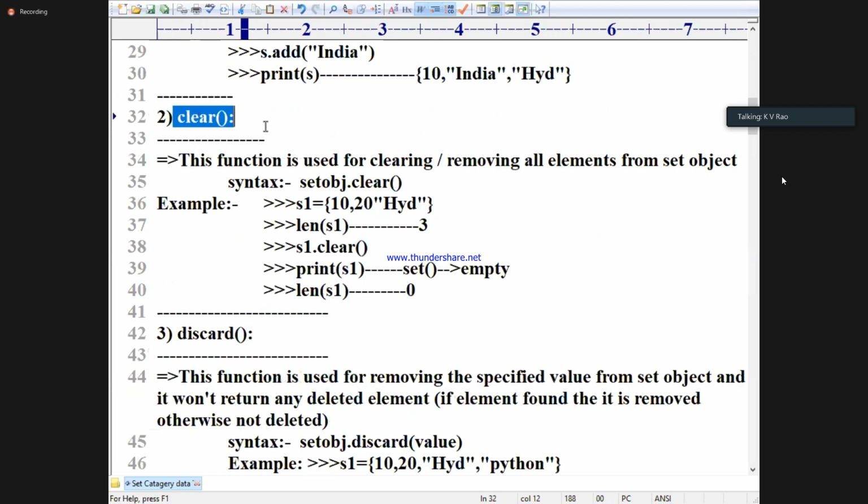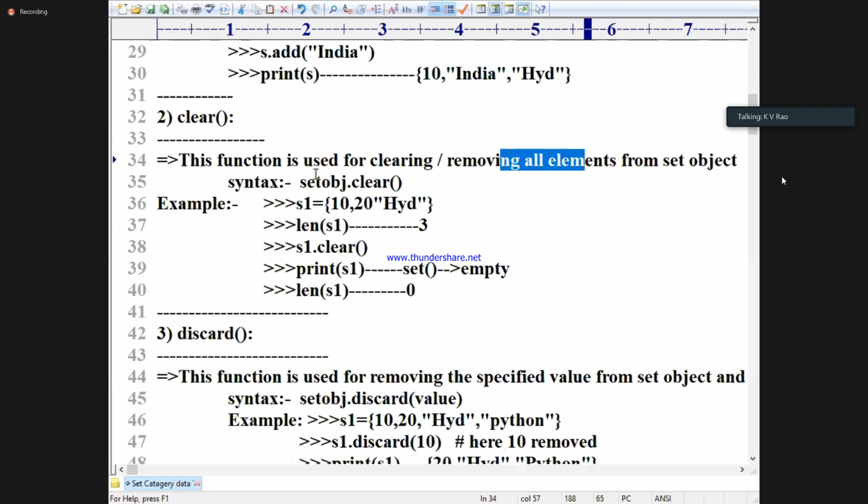Clear function. It is not a college. Yes or no? Clear means removing all the elements. Possible? Frozen set never allows any changes. Clear is allowed? Not allowed. A frozen set clear function would remove all the elements and the set object remains the same or not? Then how is it possible? See, frozen set never allows changes.